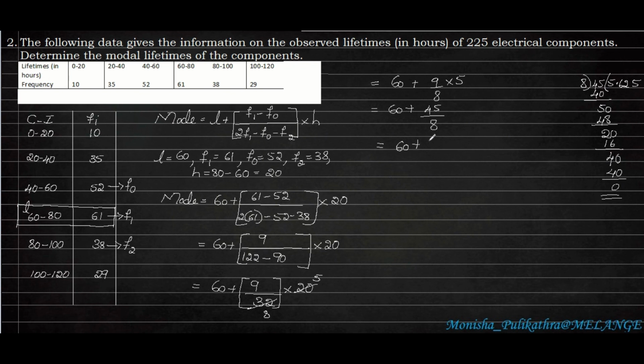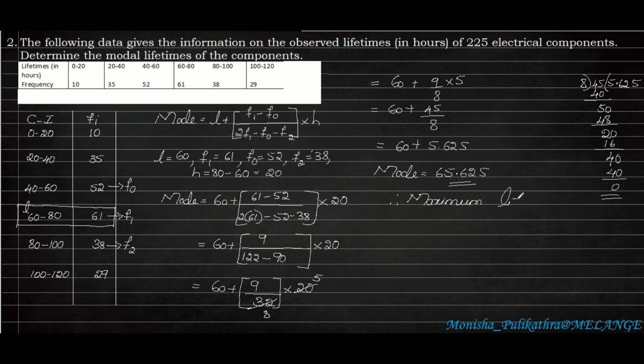So 60 plus 5.625. Therefore, the modal lifetime or the mode we obtain is 60 plus 5.625 is 65.625. Okay. Therefore, the maximum lifetime of an electrical component. Here they have given the lifetime of the electrical component. So the maximum lifetime of electrical component is given by